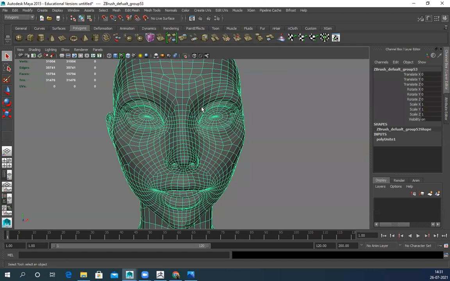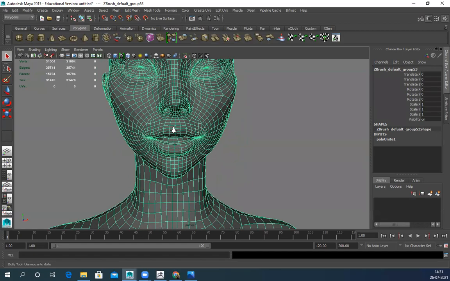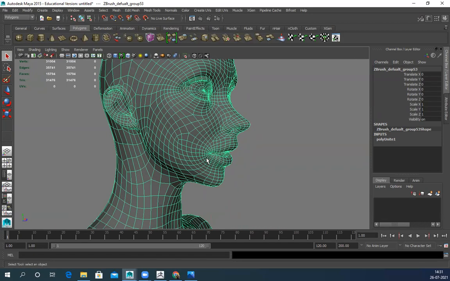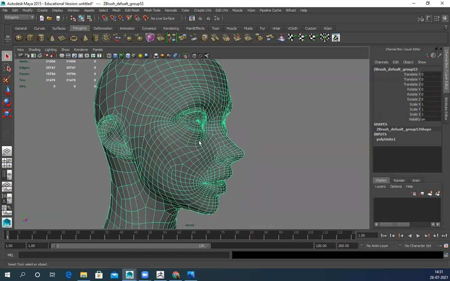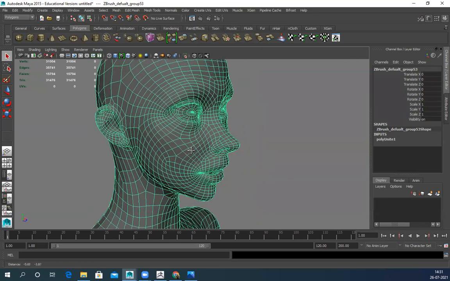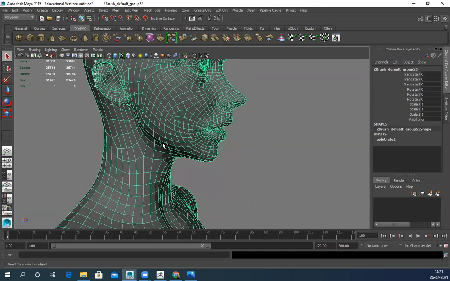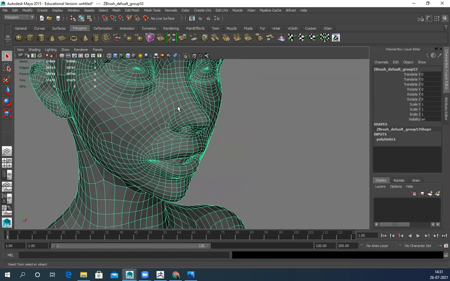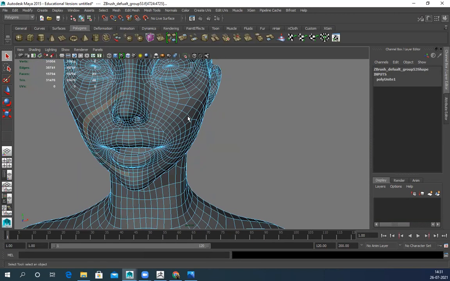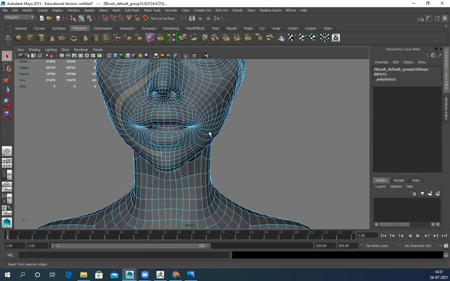So I have the low poly model. This is basically my base model, and I need to create a very clean low poly. One thing I can see is this loop from forehead to jaw. I have a loop from the face, nose to this also.